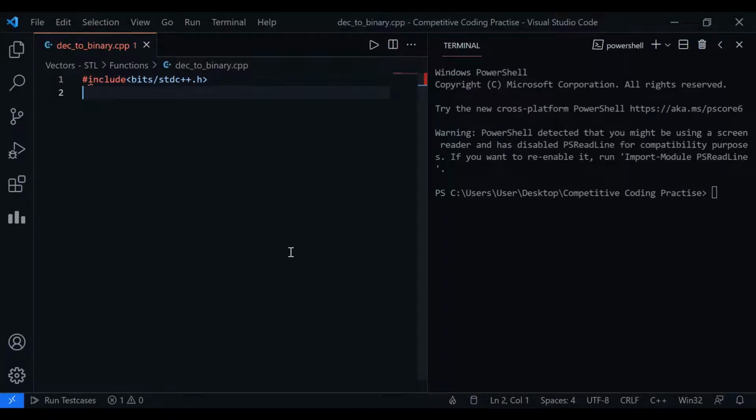Then I'll be using namespace std, and then I'll be declaring the main method, int main.